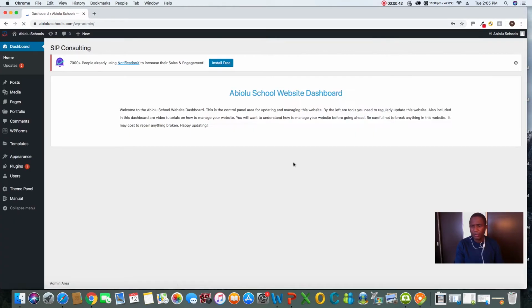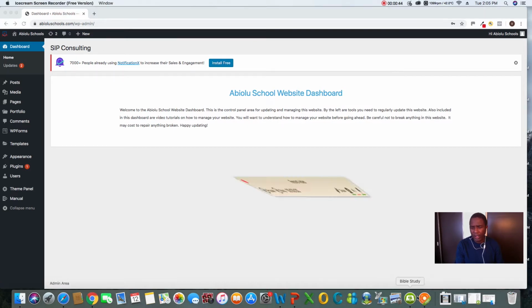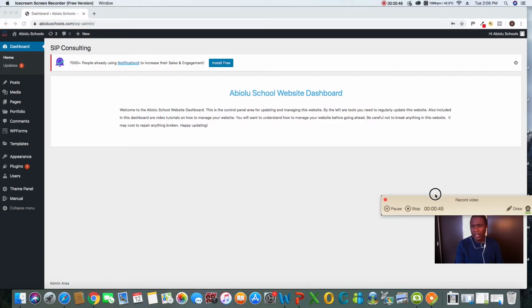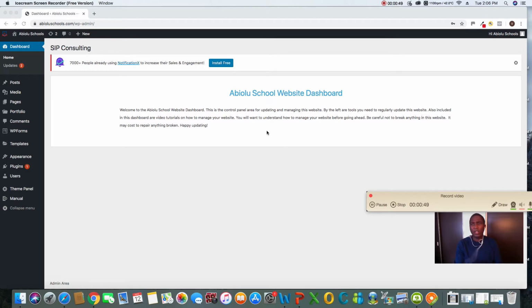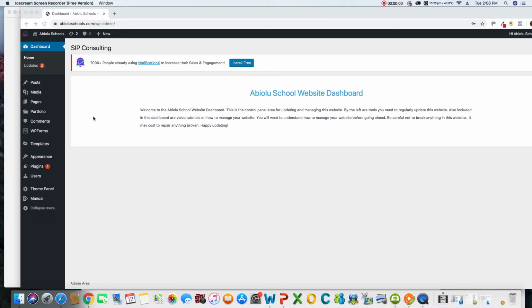Once you click login, it brings you into the login area, and so you can see how it looks. Now, when you want to add a page, you click, and you want to do anything, you come to this side. One of the things you quickly do when you log in is to update the website. When you see this red here, it shows that there are things you need to update. So you just click on the update link. When you click on it, it opens up,